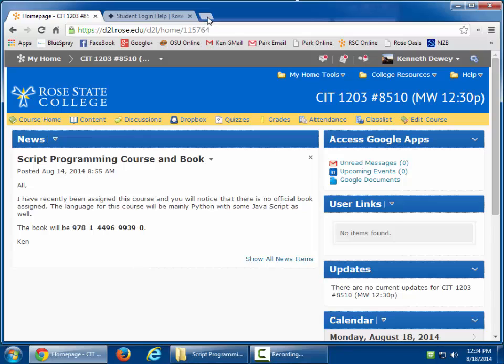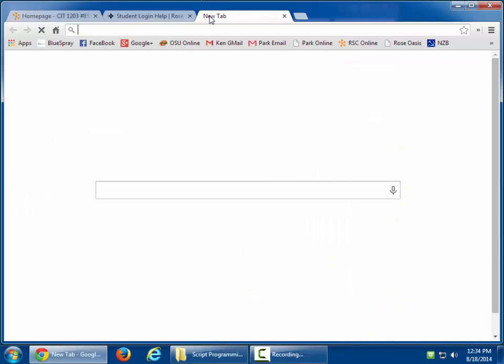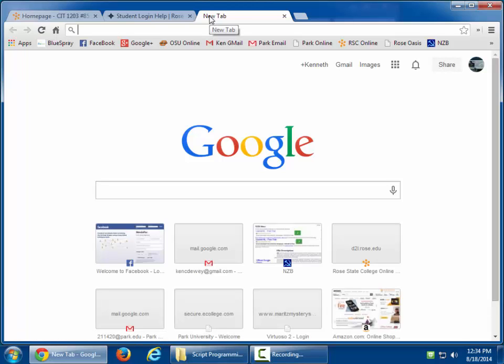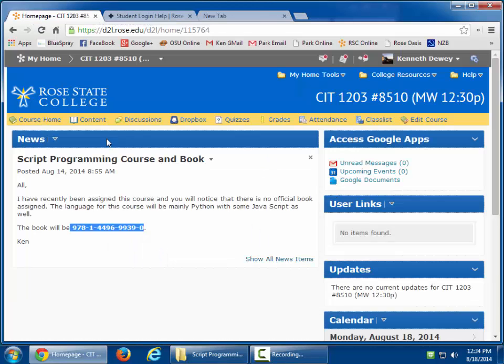Now, I put the ISBN up here. There's like 3 different ISBNs. I should have my book in a day or so, but there's the ISBN number for it. In the meantime, I'm going to use it off of CourseSmart, but before I even do that,